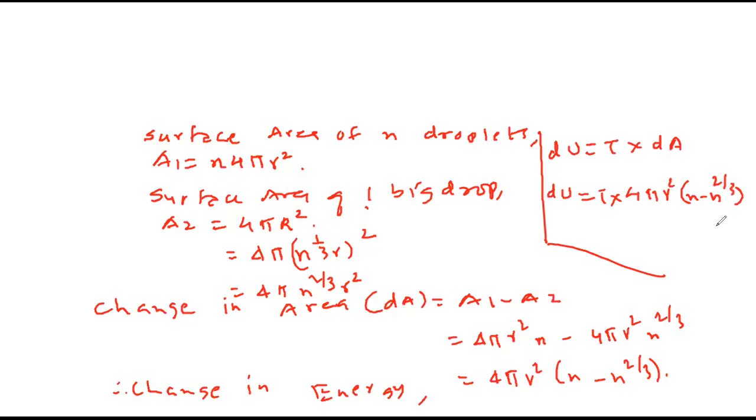So many times in MCQ they will ask, if n droplets combine to form a single drop, what is the formula for change in energy? T into 4 pi r square n minus n raised to 2 by 3. That means it is T into area of single droplet, because the drop is made of combining droplets, and inside n minus n raised to 2 by 3. After writing 2-3 times, you will remember. Yeah, please write down everything till end.